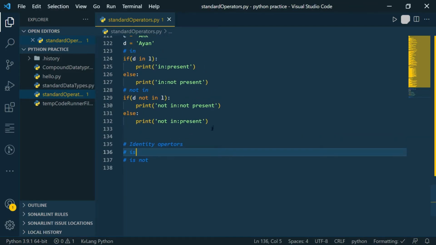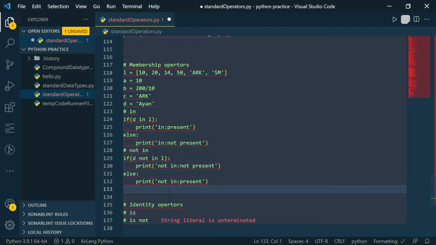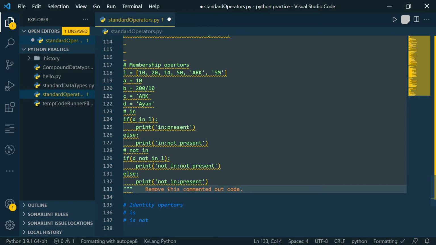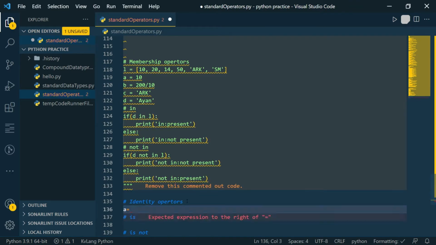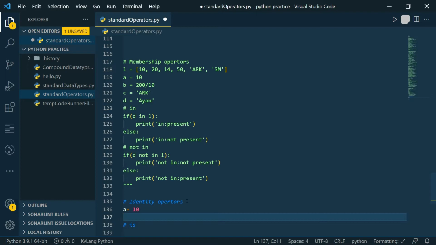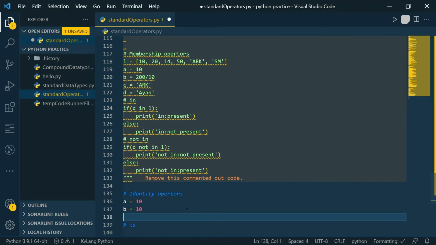And I just want to specify that ID and address are the same thing. Just, ID is the decimal form of an address. That means address is specified in the hexadecimal number system. Let's make a variable like A equals 10 and B also equals 10, and let's check their ID.